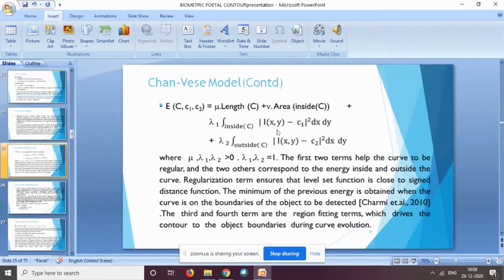I of xy is a pixel and C1 is the average intensity of that particular contour. I take the average intensity value of those pixels and subtract that value from I of xy, and then I find the internal energy. Similarly, I do this for the external points, I calculate the external energy, and my job is to minimize this energy.